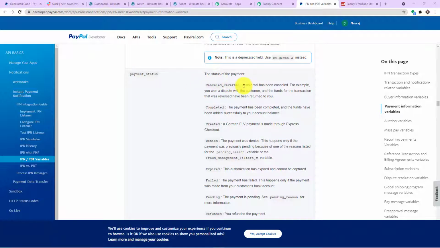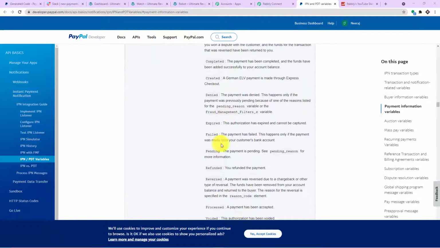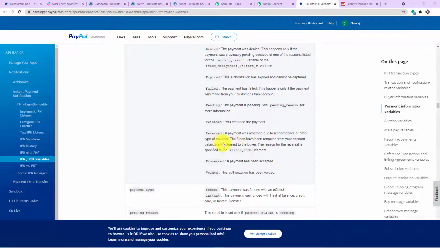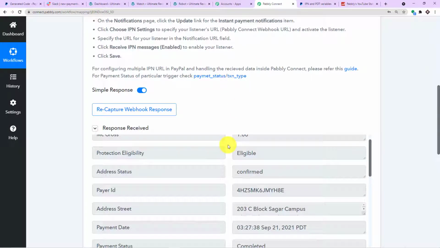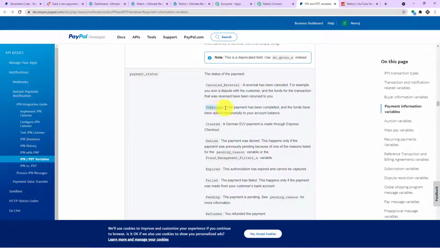One is cancelled, reversal, completed, created, denied, expired, failed, pending, refunded, reversed, processed, voided. So my point is, even if the payment is denied or expired or failed, it will still capture the data. That will be a problem, because our case is that when the payment is completed, only then do we want the data. Remember this, only if the payment is successfully completed do we want the data.